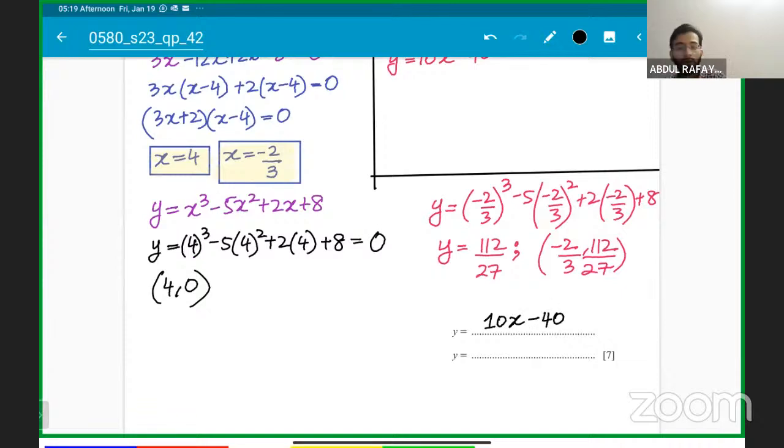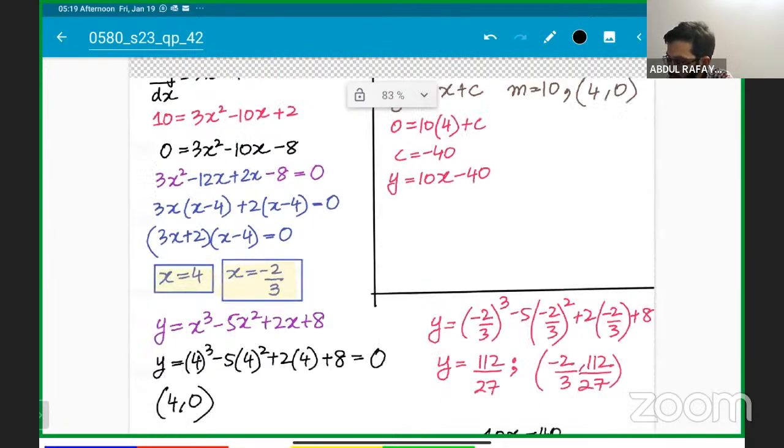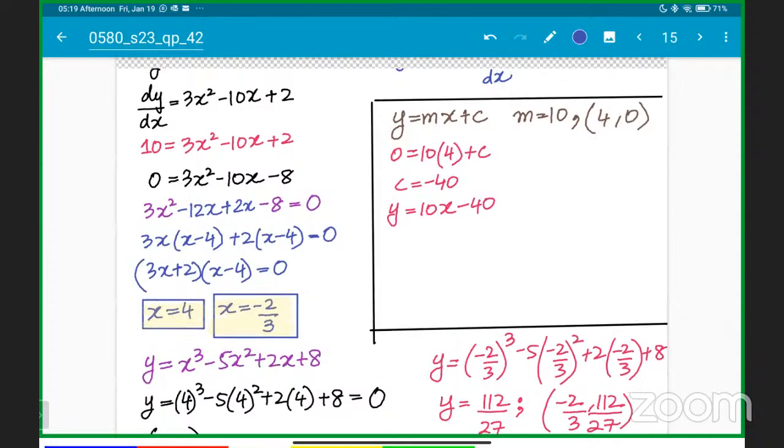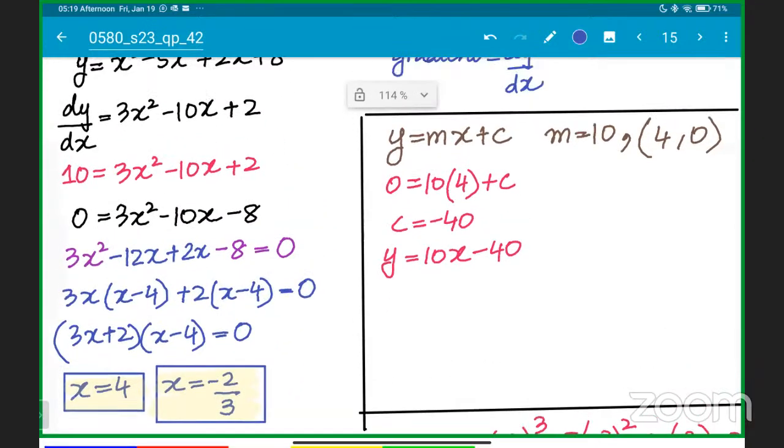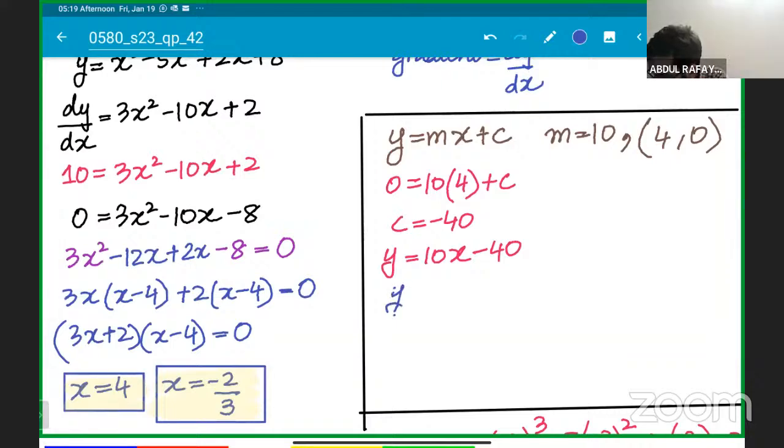Okay, everyone got it? Clear, students? Understanding? The first equation will be y = 10x - 40. Is everyone clear on this? Okay, then the other one is that y is equal to